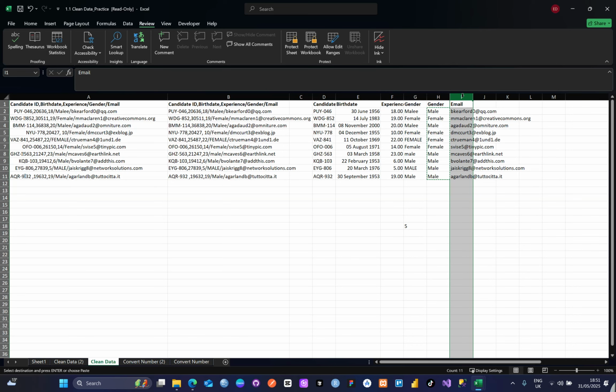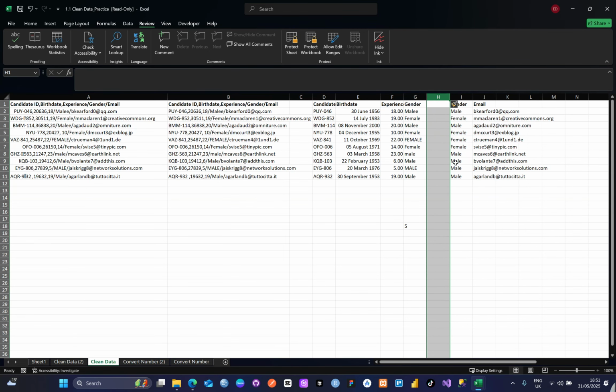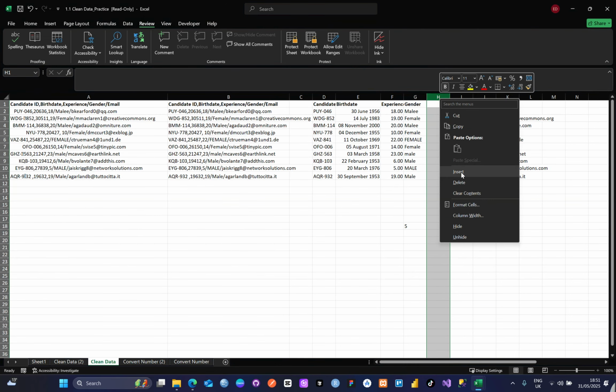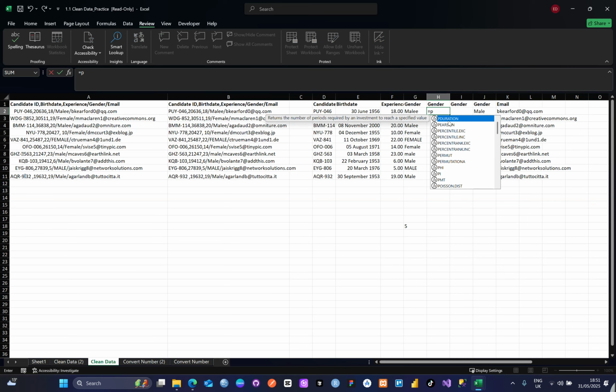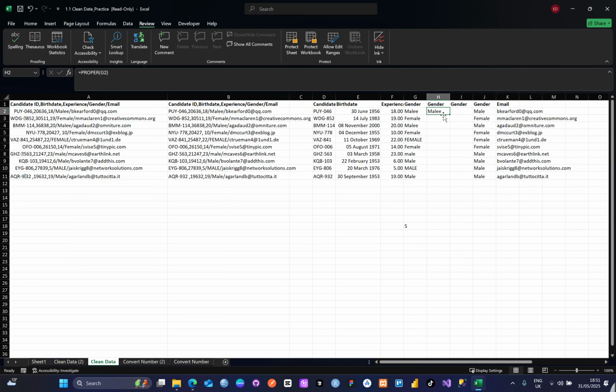Let me open and insert another cell. Okay, I'll insert two cells. So the first thing is, let me just call this Gender, then gender again. All right. So I want to do that other thing we had done previously to make everything capital letter. So equal to proper. Then we put this one, enter, and we double tap,